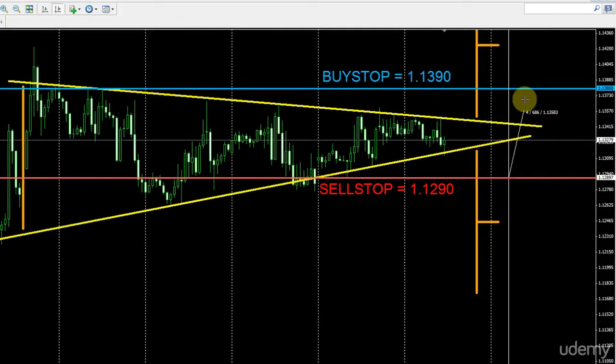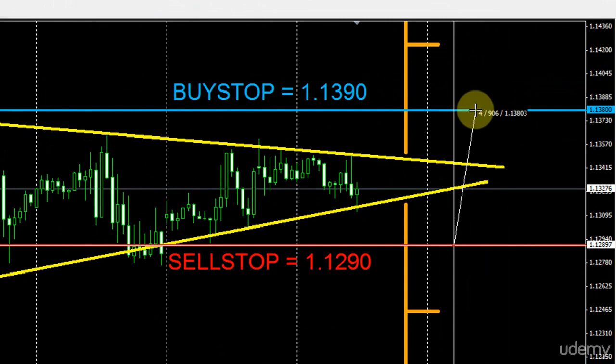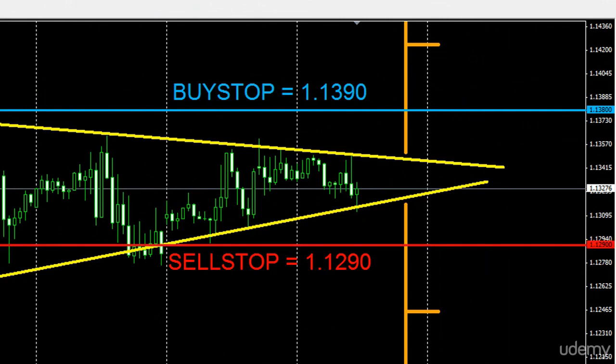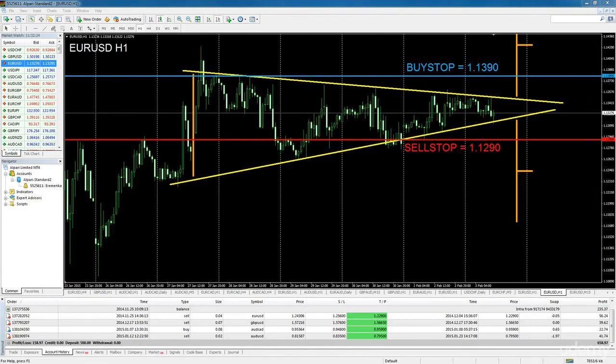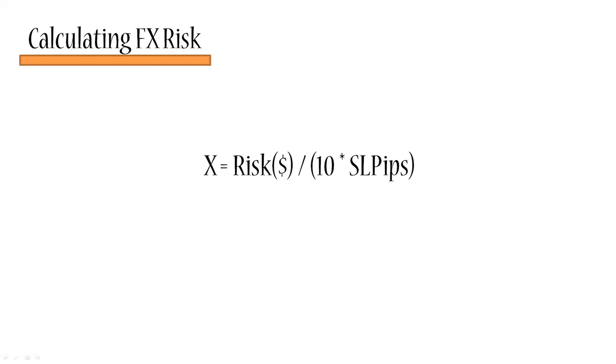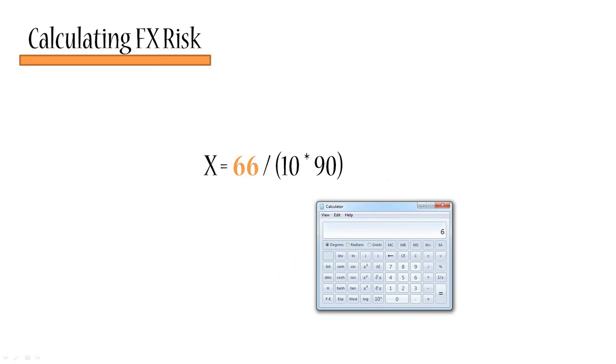To do that, we'll have to find out how many pips there are in the stop loss, and there's about 90 pips in the stop loss. So I'm just going to bring up the slides that allow us to calculate lots. I've got the formula up in front of us here. For our sell order, we'll risk about 10% of our balance, and that's about 10% of $659, about $66. We'll plug that into a formula. Now all we have to do is enter the number of pips in our stop loss, which is about 90 pips. So that gives us 66 divided by 900, which is approximately